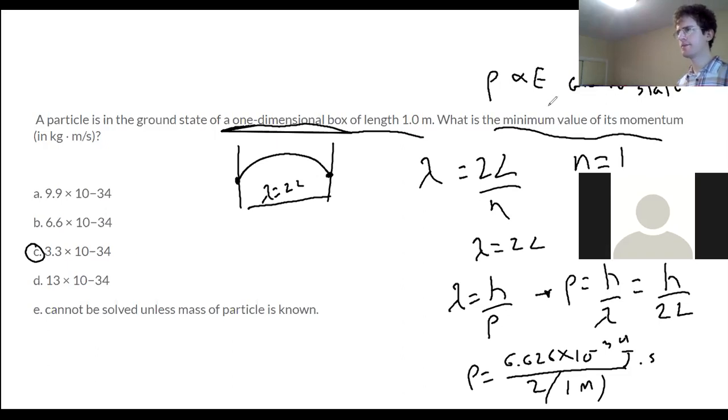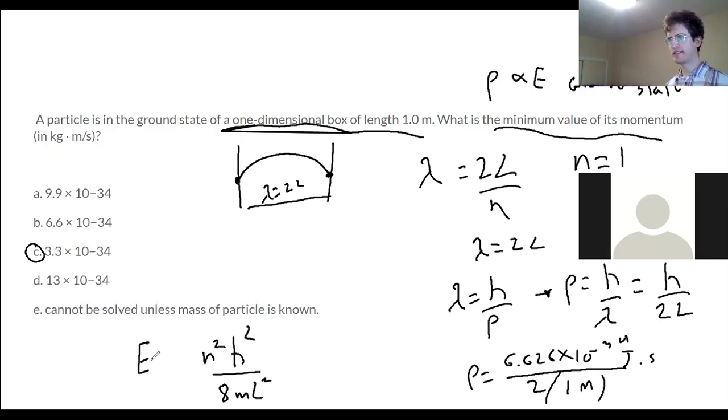So I had a question about using the formula h squared divided by 8mL squared. This formula represents the quantized energy. What we want for this question is the momentum. So rather than using a formula for quantized energy, use a formula for quantized momentum, which would be